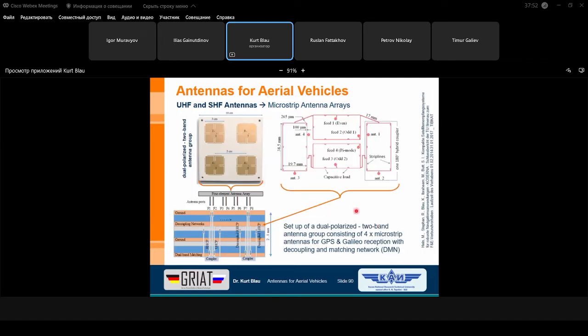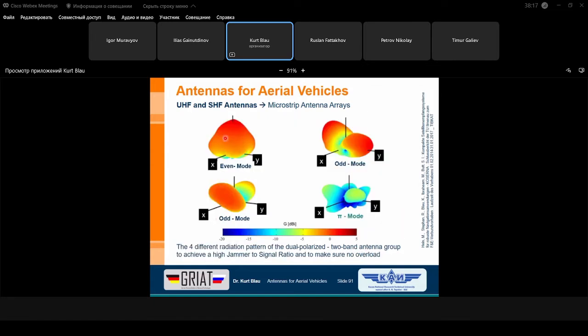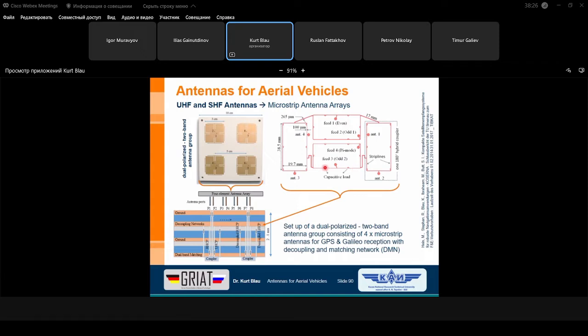Okay, this was a special example to create with a very simple 2x2 array. It's, let's say, a 2 different frequency patch antenna, but it doesn't matter. Let's assume we have only 4 patches here, and with such a network, you can achieve 4 different patterns at the same time. But you need, it's clear, also in parallel 4 different feed points. And here you can see the different feed points,